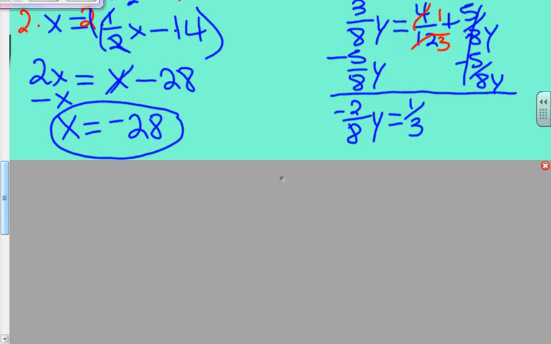First thing, let's go ahead and simplify this. Instead of negative 2/8, let's make it a negative 1/4. Reduce that down. And it doesn't matter if you put the negative with the 1 or the 4 or right in front of the fraction. It doesn't matter which number it goes with. But it's being multiplied with y. So to get rid of it, I'm going to bring it over here, flip its reciprocal, and multiply. And it's a negative, so I'm going to have a negative answer. And this will turn into negative 4/3, which then creates negative 1